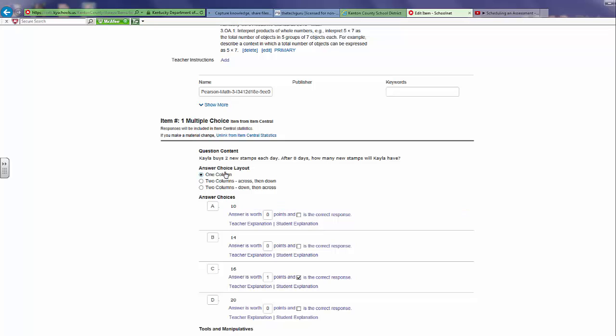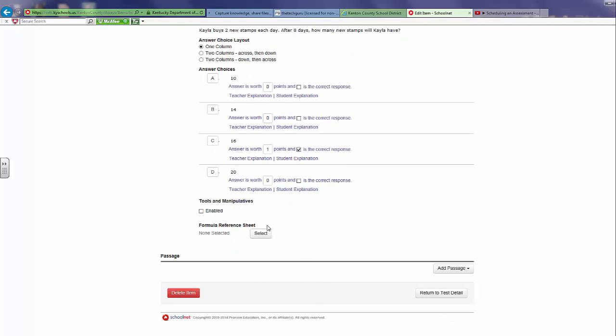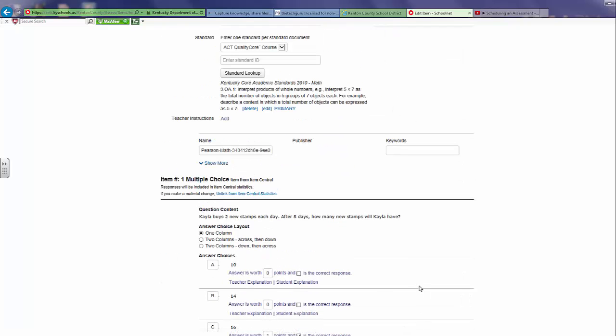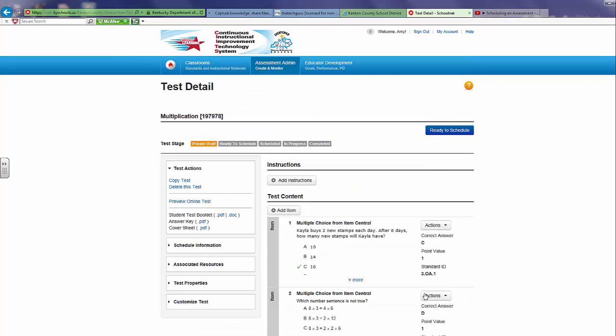You can have the answers laid out different ways. You can do 1 column, you can do 2 columns, and you have your different options as far as how the questions will be laid out. This is really nice to prepare your kids for testing where the questions may not all be laid out exactly the same. So this tells you what the correct answer is. If for some reason they would need something, say a ruler, you would be able to enable the tools and manipulatives. Once I have finished changing my question, I simply go back to return to test detail,